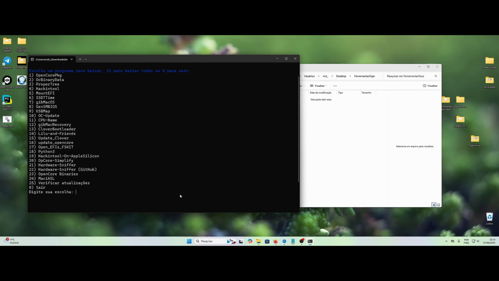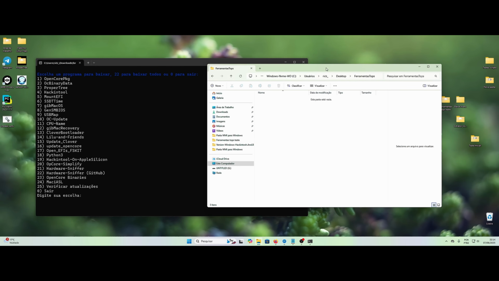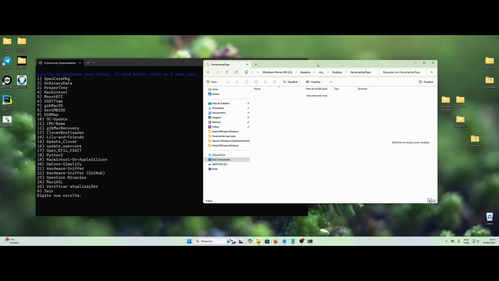This doesn't mean, guys, that you should build the EFI through OpCore Simplify. It is an easy way to get into the world of macOS, but it doesn't justify not having the appropriate knowledge to set up your EFI. In this case, study a little the guide that is very worthwhile.